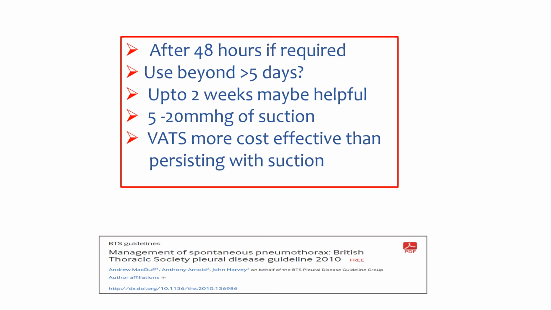Another thing is that most of the pneumothoraces resolve within 48 hours. There's a gush of air leak as soon as you put the chest tube, and it keeps bubbling. Bubbling may be intermittent or continuous, and then gradually the bubbling stops, and you ask the patient to cough and see if there are any air bubbles. That is what is called an air leak. And if there is no air leak, no air bubbling, that means the pneumothorax has resolved by and large. So this normally happens within 48 hours in the pneumothoraces if they are going to resolve. Therefore, suction is usually applied after 48 hours if the pneumothorax has not healed.